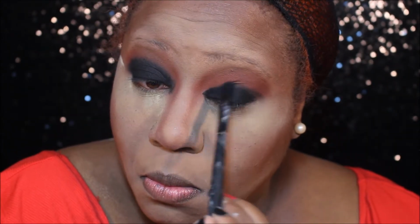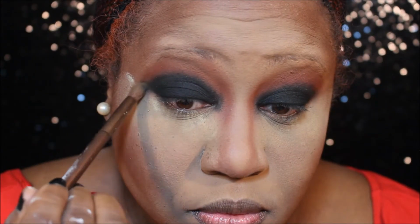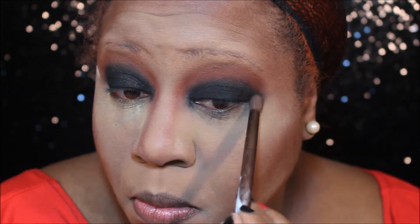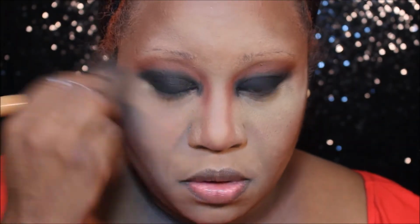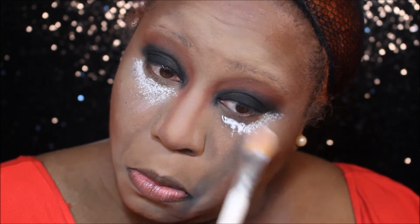And I am taking a fluffy blending brush to my crease and just smearing that and blending it all in my crease just to make sure it has a gradient effect from the red brown to the black. Now I'm sweeping away all that excess powder, and here I am going in to conceal but also to highlight